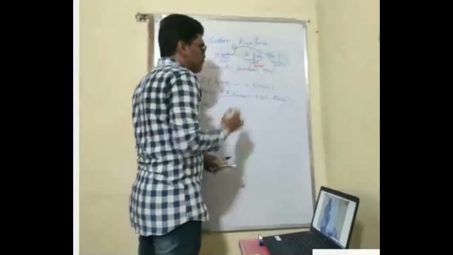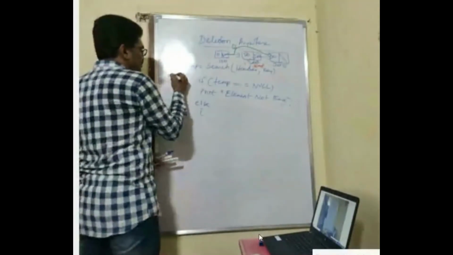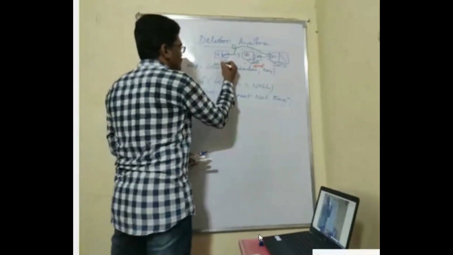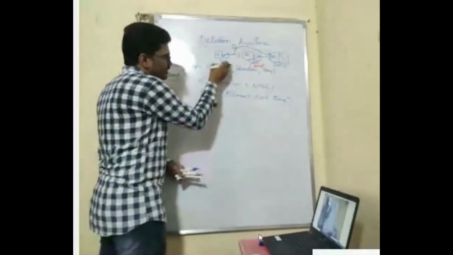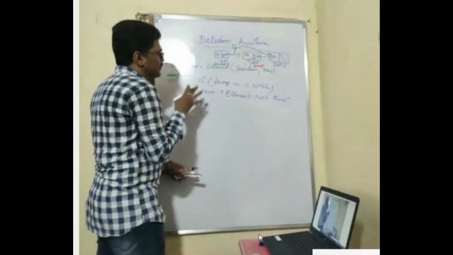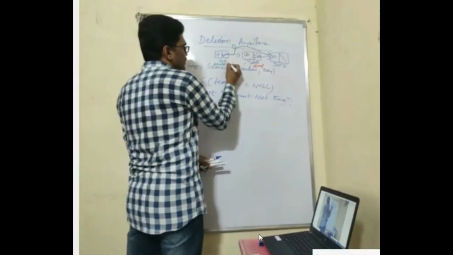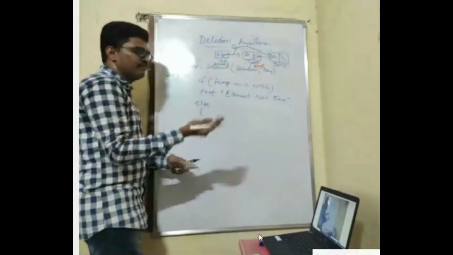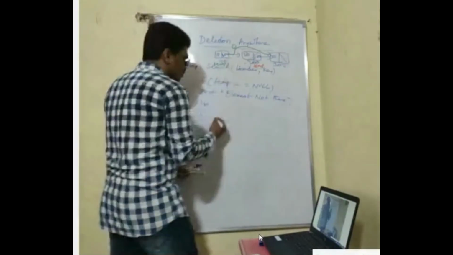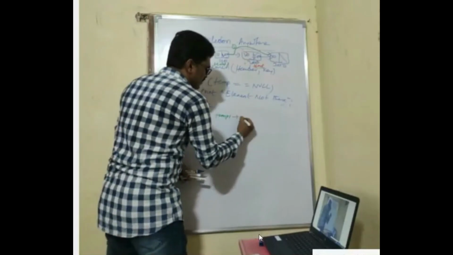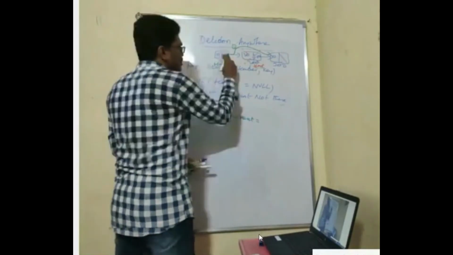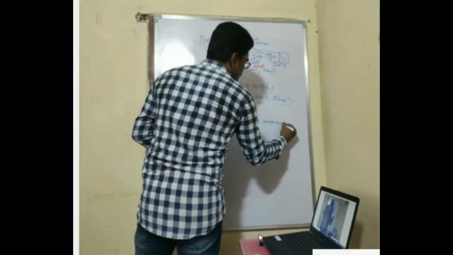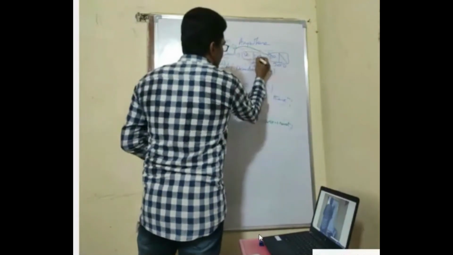So what we think is, in your search function, we have another temporary variable which points to the previous one. That code we are not writing, afterwards you can see. So we assume that after your search, temp points to the node you want to delete, and temp1 points to the node which is previous to that one. So temp1 next is equal to the address of the next one, which is temp next. The address of the next node will be in temp next.